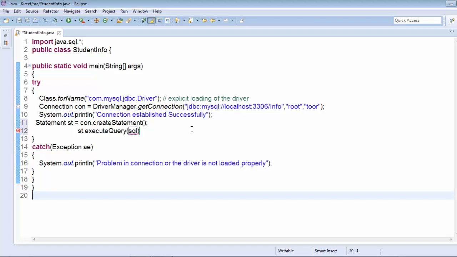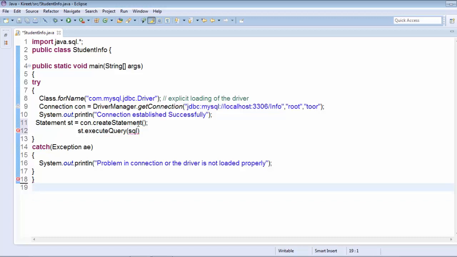Execute query is the only method that will give you a result set object, which will be required in displaying the result successfully. Inside this execute query we have to pass the query in the form of string. The query is select star from, and the name of the table was student that we have created.